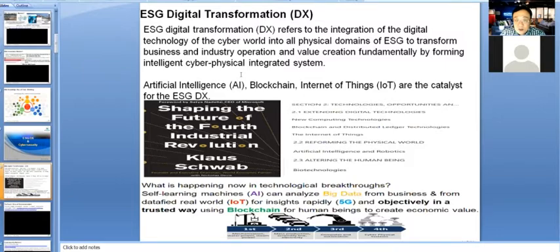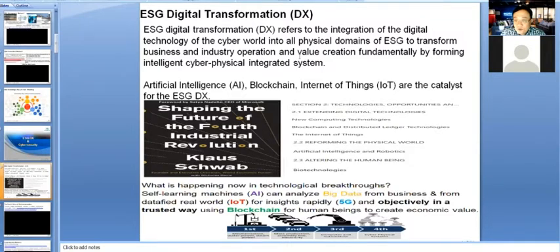actually the ESG digital transformation that I developed as a term, because digital transformation and ESG are separate topics, and each topic has its own category and definition. But I look at this from the ESG side. I have 30 years of experience in the IT industry, so I look at both sides, and what will be the top priority in enterprise, society, and the government? That's ESG. And what will be the typical trend?